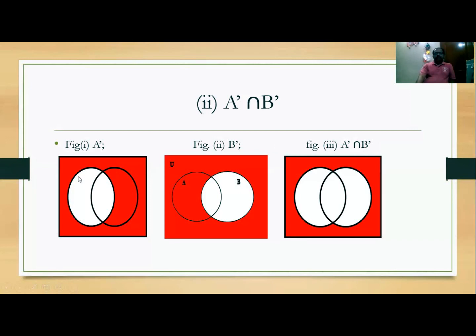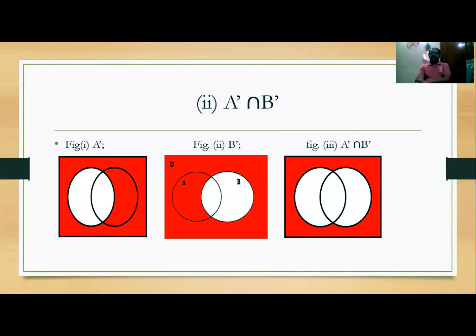Okay, so A dash will contain this part of U and this one part of the set B, whereas the second, B dash, will have this common region from U as well as some part of A. Some part of A and some part of B are not common in both. Only the part excluding the sets A and B is common in both. Correct? So we can say that the elements which are not present in both A and B, but are present in U, will be the required common part of these two sets.